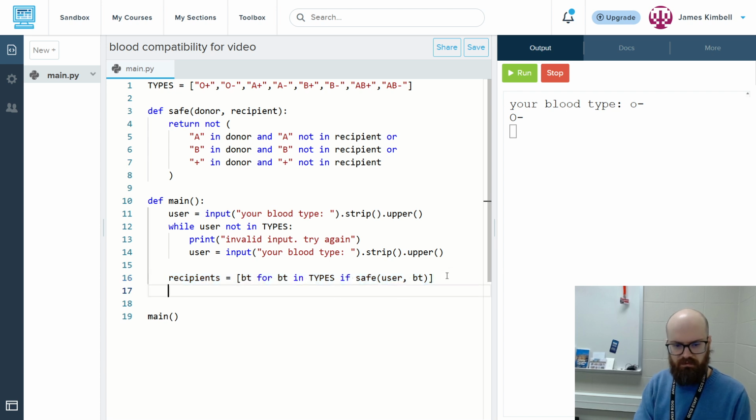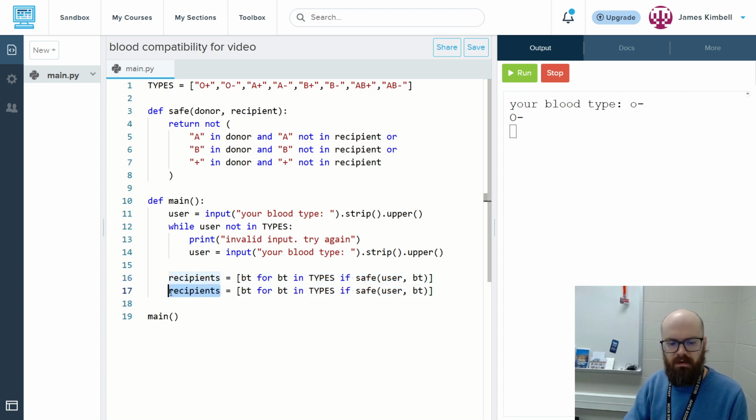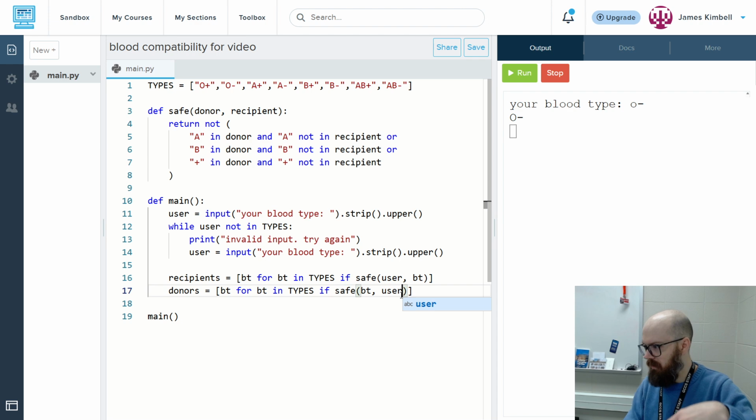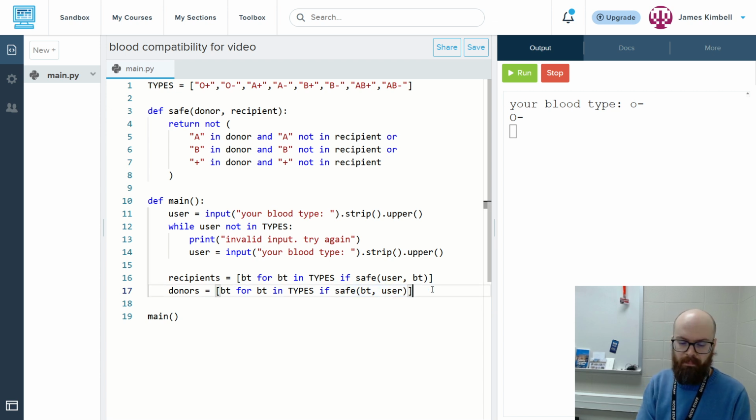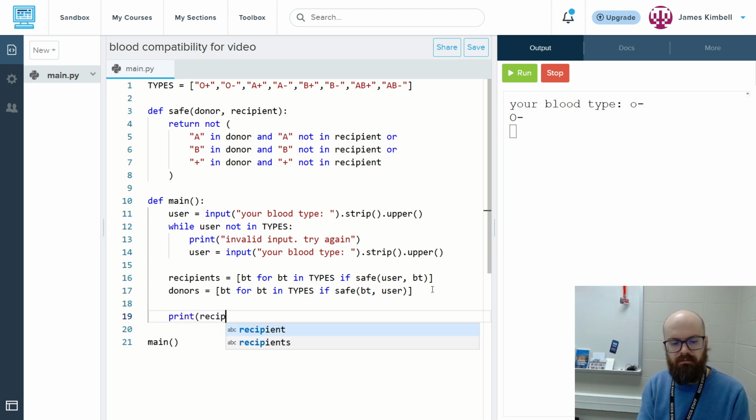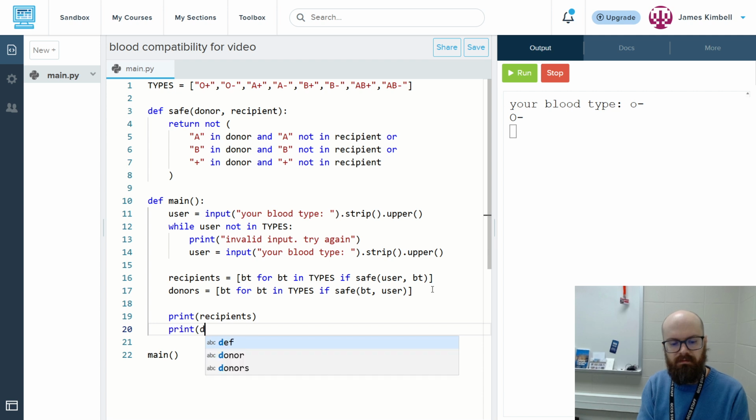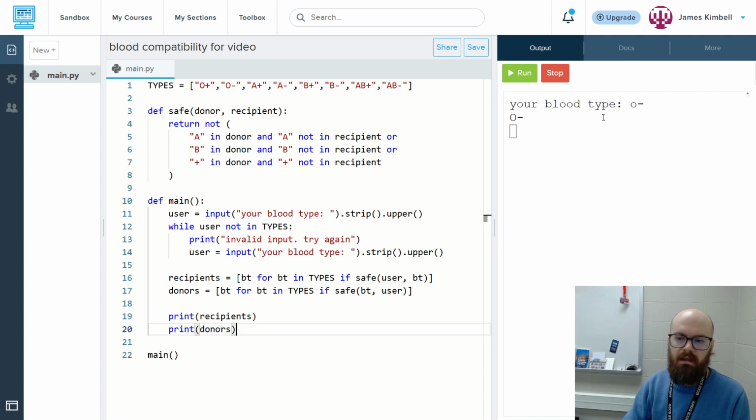And then the donors, meaning the ones who can give to me, are exactly the same but swapped. Just like when I was testing the A positive to O negative or whatever, I can swap the parameters and get a new situation. So now let's say print recipients, print donors,